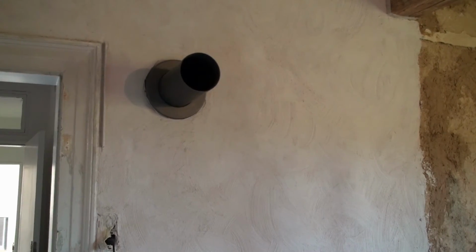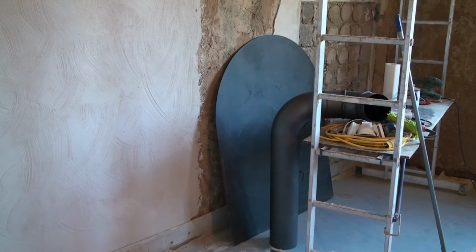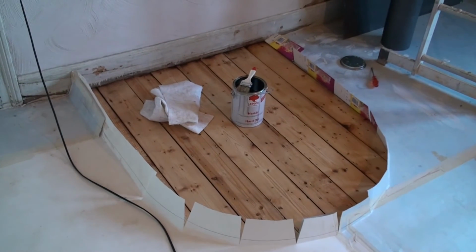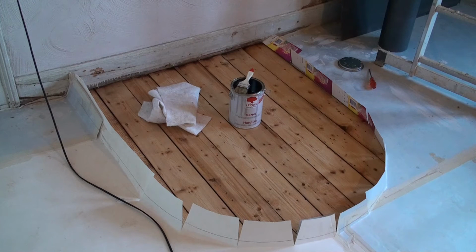So the problem with that is it has to have that metal underneath it there. And of course the floors are covered with paper. So what we've done is cut the paper back, as you can see there, and I'm oiling the area of the floor that the metal will go on, just that area there. When we've got it oiled and the oil is dry, we'll put the metal down and then put the paper back down. We'll stick the paper down with tape